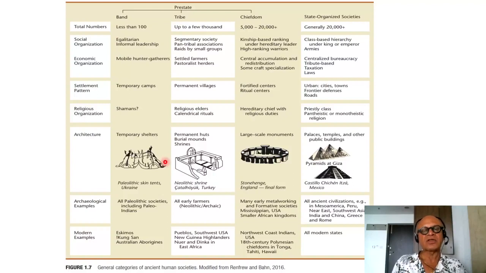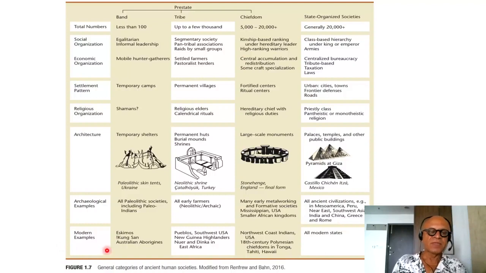in archaeological sites. So the pyramids of Giza, for example, and the Castillo at Chichen Itza in Mexico. Archaeological examples: all Paleolithic societies including Paleo-Indians, all early farmers, many early metalworking and formative societies, Mississippi in the USA, smaller African kingdoms, and here in state-organized societies you have all the ancient civilizations that we will look at, like Mesoamerica, Peru, the Near East, Southeast Asia, Southwest Asia, India and China, Greece